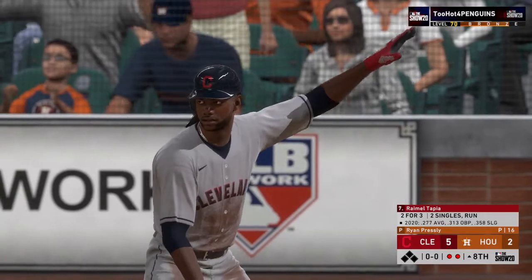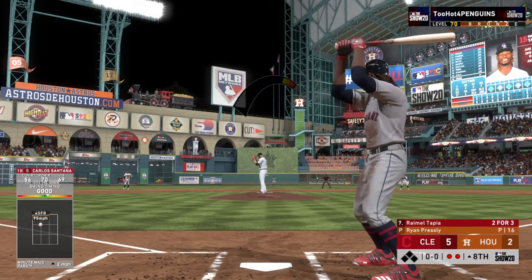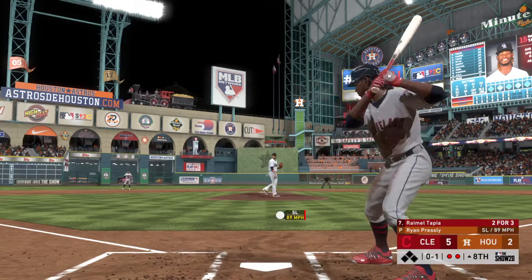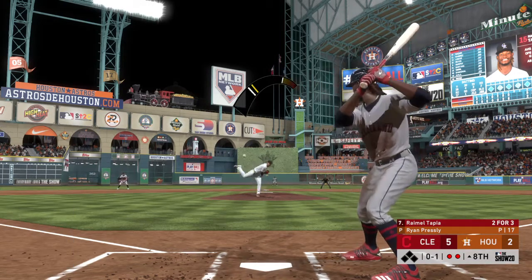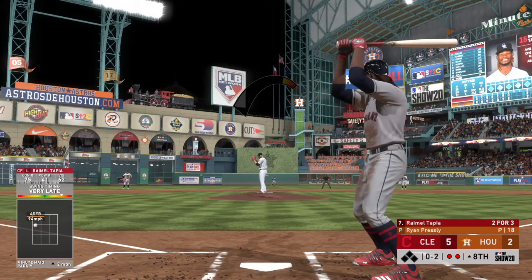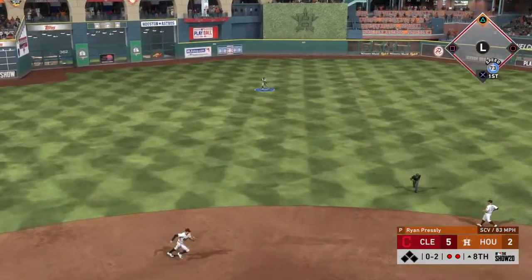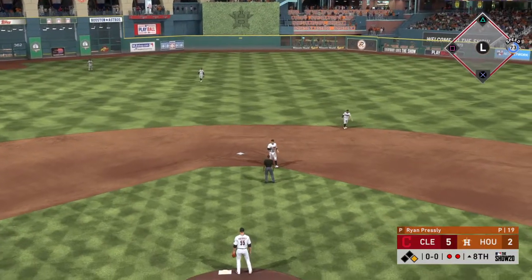Stepping up to the plate, Raimel Tapia. Two hits in three at-bats for him in this one. He's set, and the pitch. Tried to check it, and it's 0-1. Behind 0-2 now. Not surprised he's laid on a heater right there. Just saw an off-speed pitch. Wanted to stay back a little bit too long. Back up the middle and in for a base hit. So a nice job there to fight off an 0-2 pitch and keep the inning alive for at least one